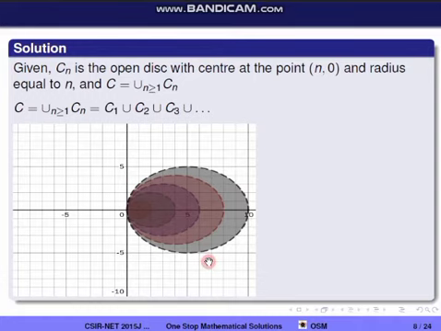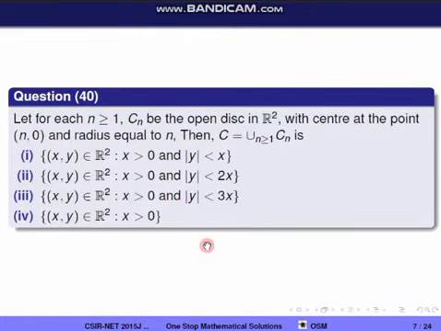If you see, there is no restriction on the y-axis, it is going on like that, but x is always positive. So we'll check the correct option now. As I have said, there is no restriction for y, but in options 1, 2, 3 there is a restriction for y. So these options cannot happen. So option 4 is correct.